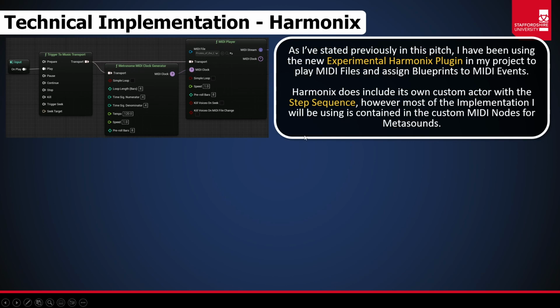So that wasn't too big. But most of the Harmonix nodes and most of its implementation is contained in MetaSounds. As you can see here,